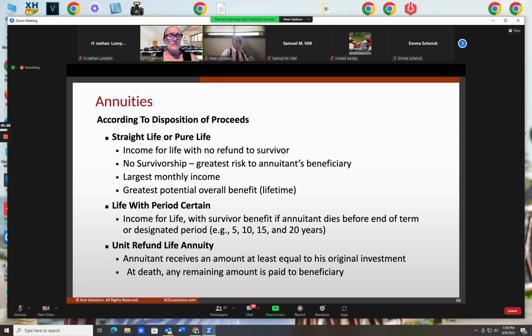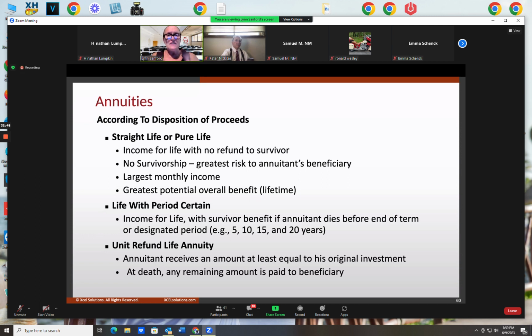Now, you don't have to choose straight life payout if you don't want to. That's just one of the 6 ways to choose to annuitize and have this annuity paid out to you. You could have it paid out over your lifetime, and if any remaining balance remains once you die, you could have it paid out in a cash refund type situation, where any remaining balance is then paid out to your beneficiary.